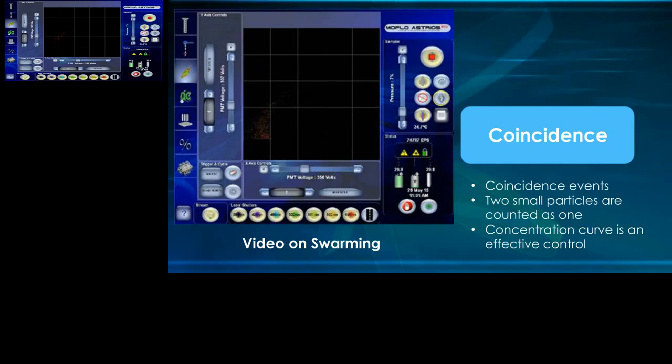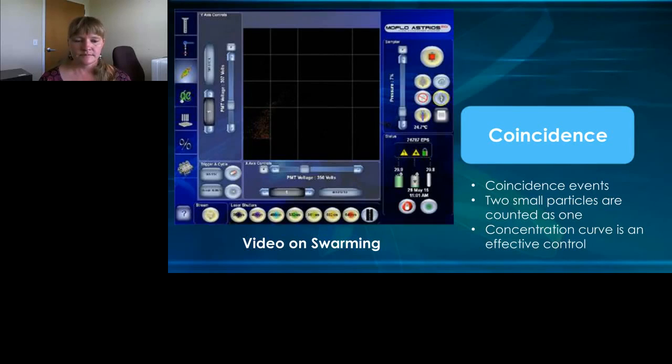In this video clip, I artificially created swarming to show the effect it can have on the forward scatter and side scatter of the exosomes by boosting the sample. After stopping the sample, the noise population is visible on the forward scatter and side scatter. When the lasers are shut off, the population diminishes further. The noise population is visible on the